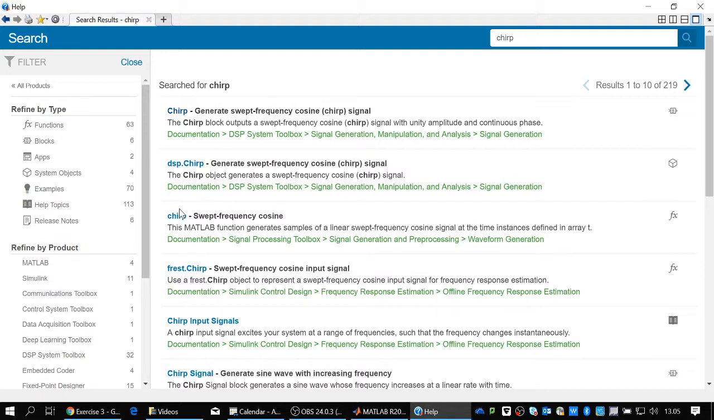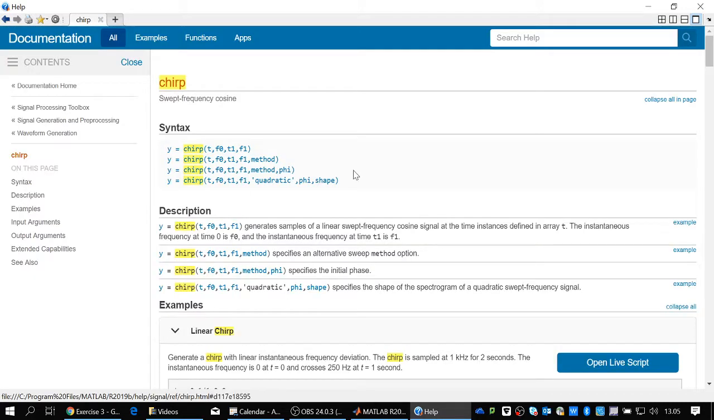Wave for generation. I'm just trying to find it. Okay, that's it. Now there's one problem with the help of MATLAB: the same keyword is in so many places. It's hard to find what you should be using. What you should be looking at is this